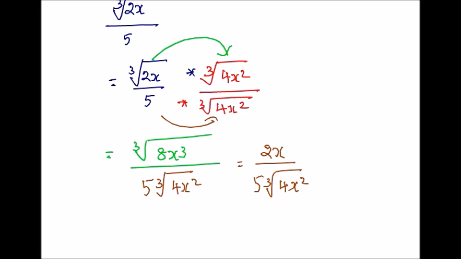Now you know that we cannot cancel out the 2x and 4x because that is not a common term. And we cannot take the cube root of anything under the radical. So this is the simplest answer. Hope you're clear with all the examples we discussed in today's session. In our next session, we can see how